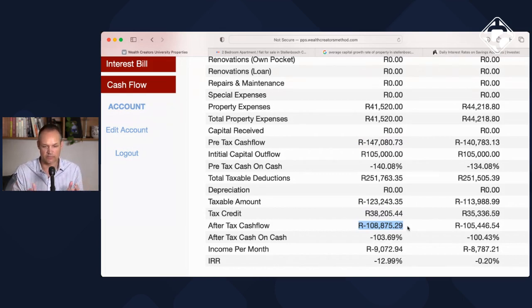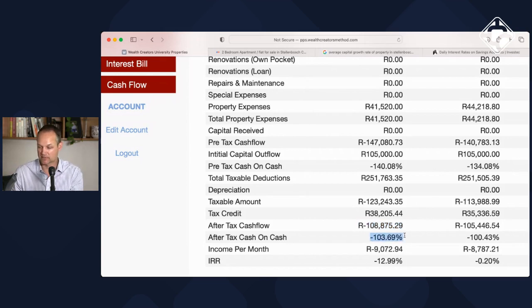So if you can start bringing it together, to qualify for the bond, I need to have disposable income of 20,000 rand. My gross income between me and my spouse needs to be about 66,000 rand. But it's not going to be the 20,000 rand that's going to flow every month, because of the rental income, less the other expenses. It's closer to 150,000 rand, which is on cash, but prior to tax. And if you include tax, there's another odd 40,000 rand saving, which means I only need to have 108,000 rand on a monthly basis.